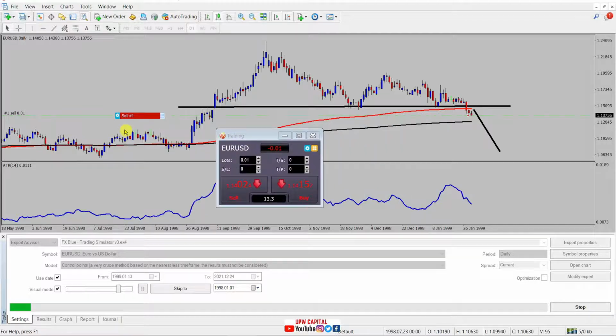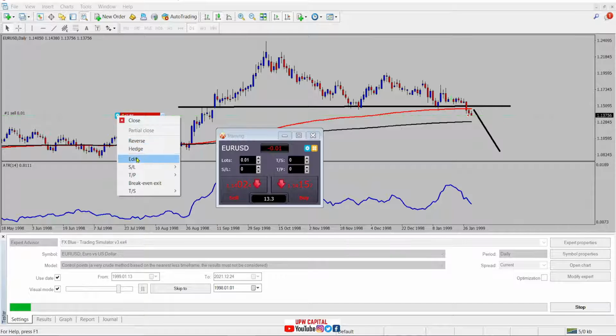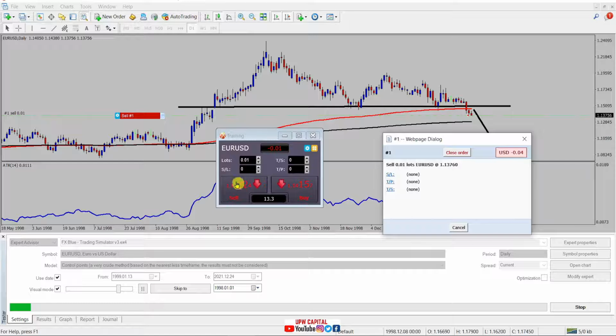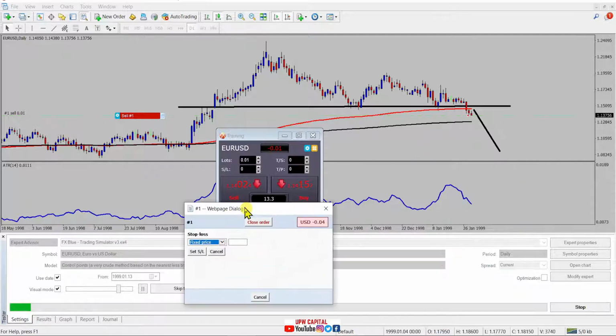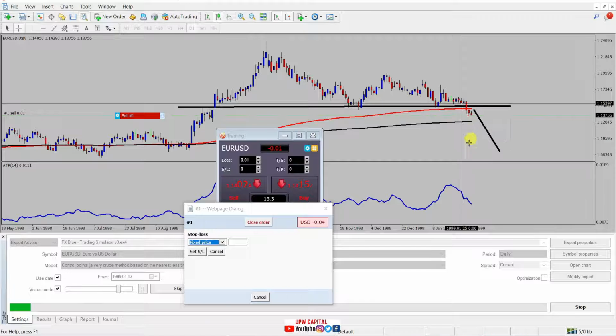Now going to the gear icon, which is blue in color, I click it, and I'm able to edit this trade. I can either place the stop loss on this pane, or I can come to the edit button as I've shown, and I can place a stop loss. It can be a fixed price. In my case, I want to use an ATR stop loss,